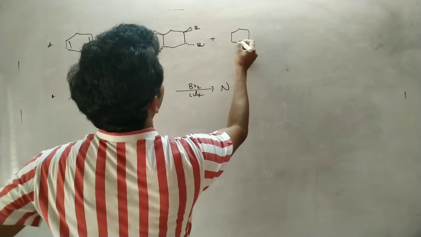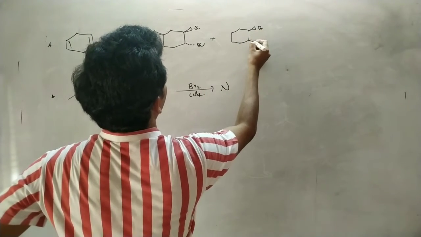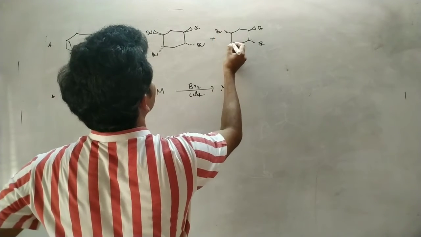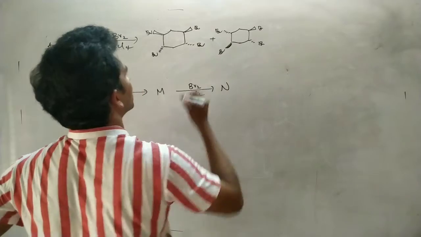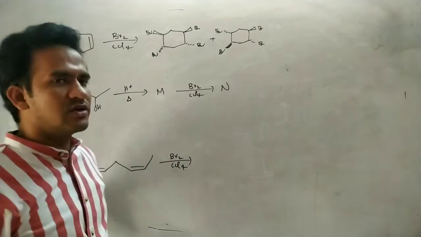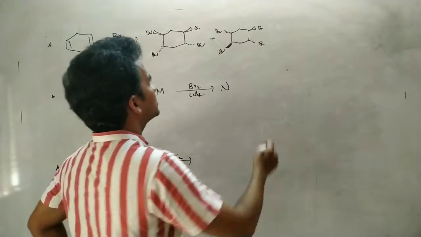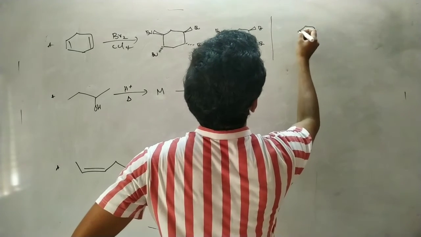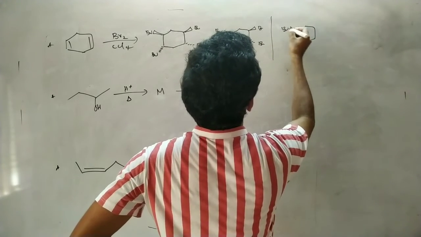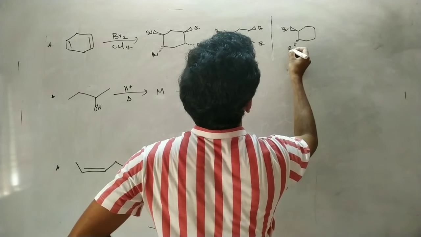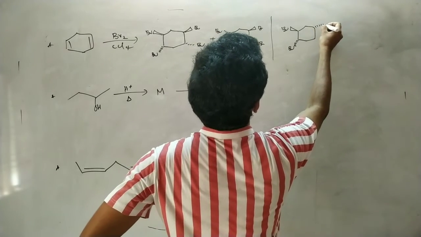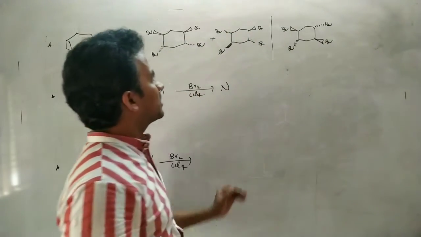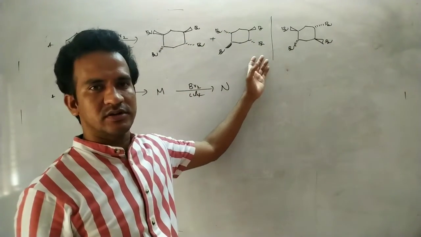Now in this case, bromine above the plane, here bromine below the plane. Here on this side, I am changing the fashion. Here above the plane. These two are stereochemically different. Next, there is one more possibility: we can get the enantiomer of this one also. Say bromine above the plane, here bromine below the plane. Now here this bromine is below the plane, this bromine above the plane. These two are different, and these two are mirror images of each other.